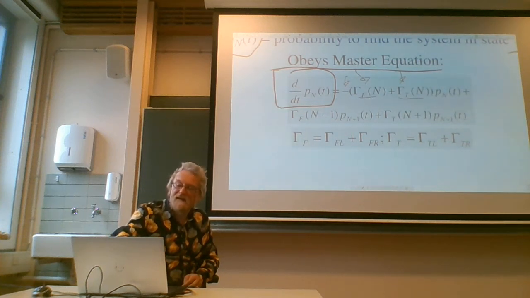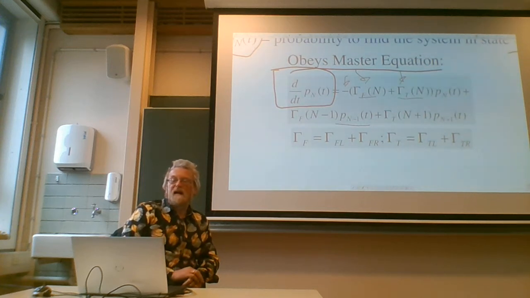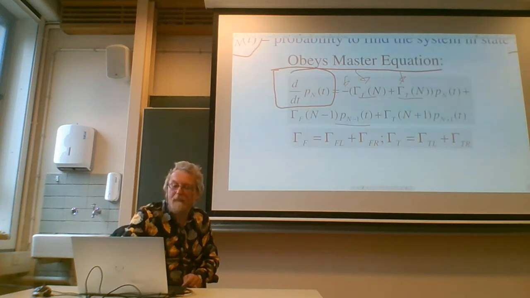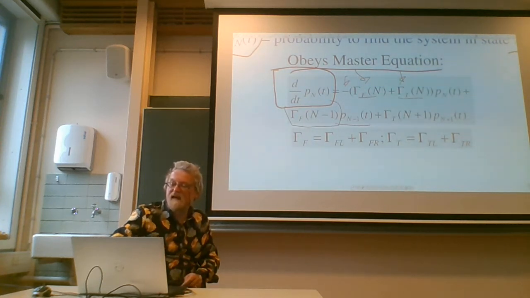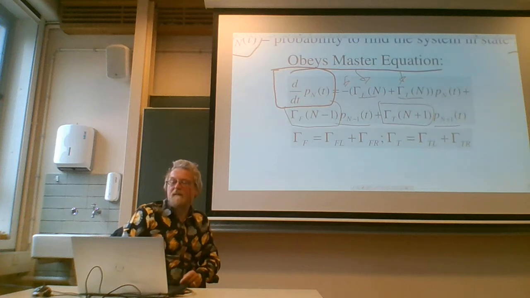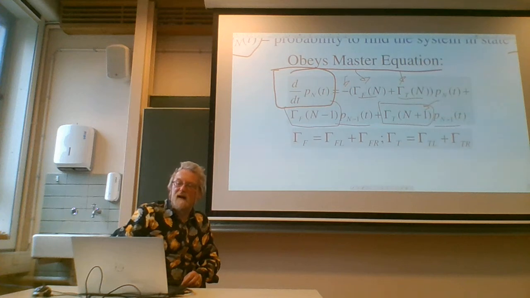Initially, the system can be in a state n-1, and an electron can come. Or it could be in a state n plus 1, and an electron with a certain rate can go out. These rates will depend on the corresponding initial states. So we have income terms,